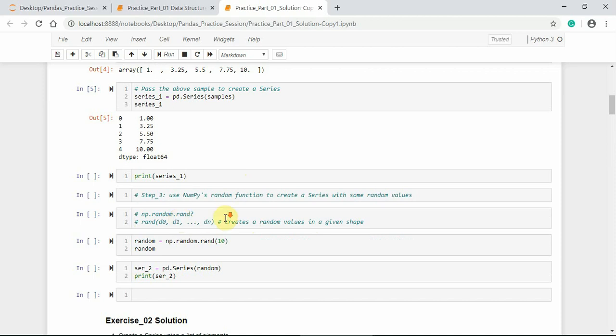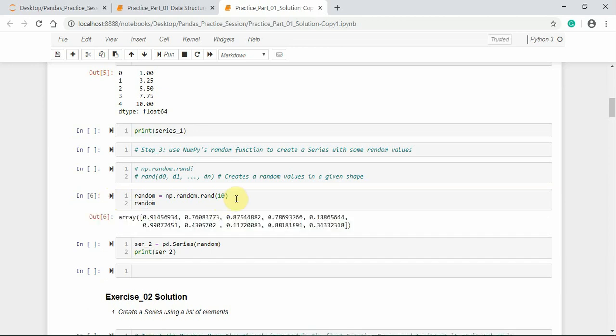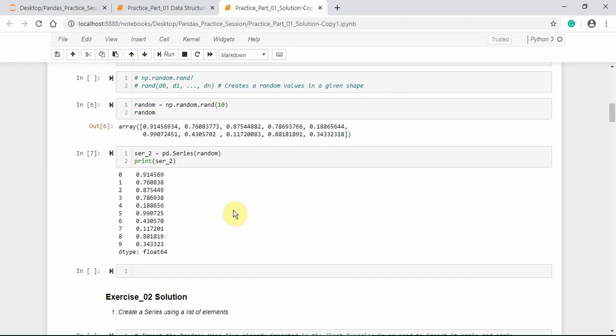Let us pass a single value to the random.rand function. We got an array of elements with a one-dimensional shape. Let us pass this array of elements to the pandas series constructor to create a series. Here we got a series of type float.